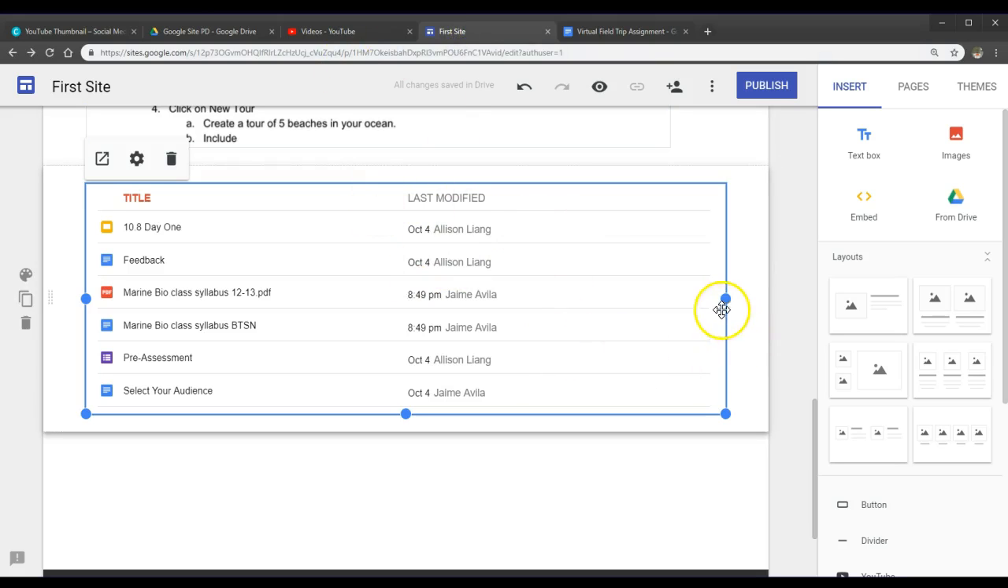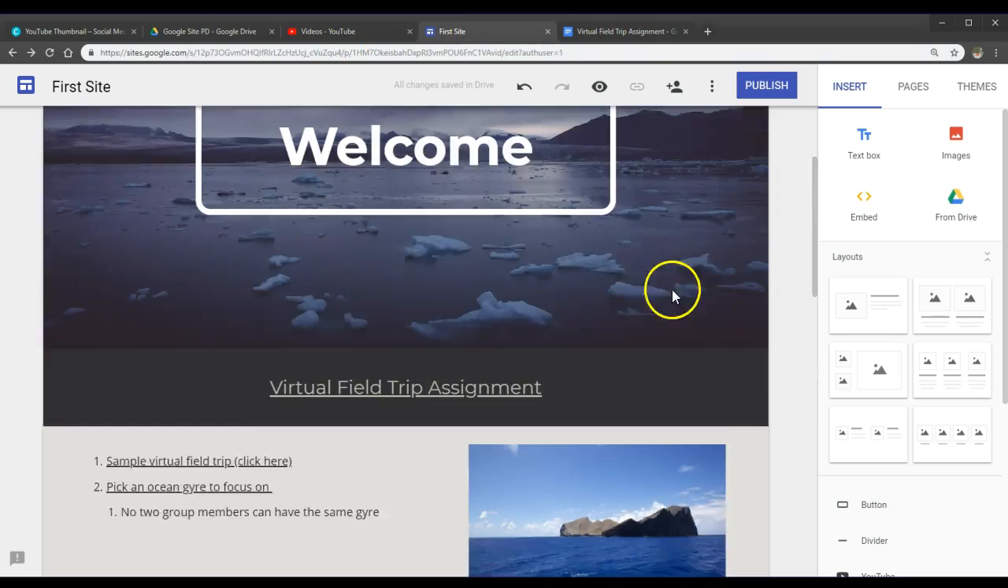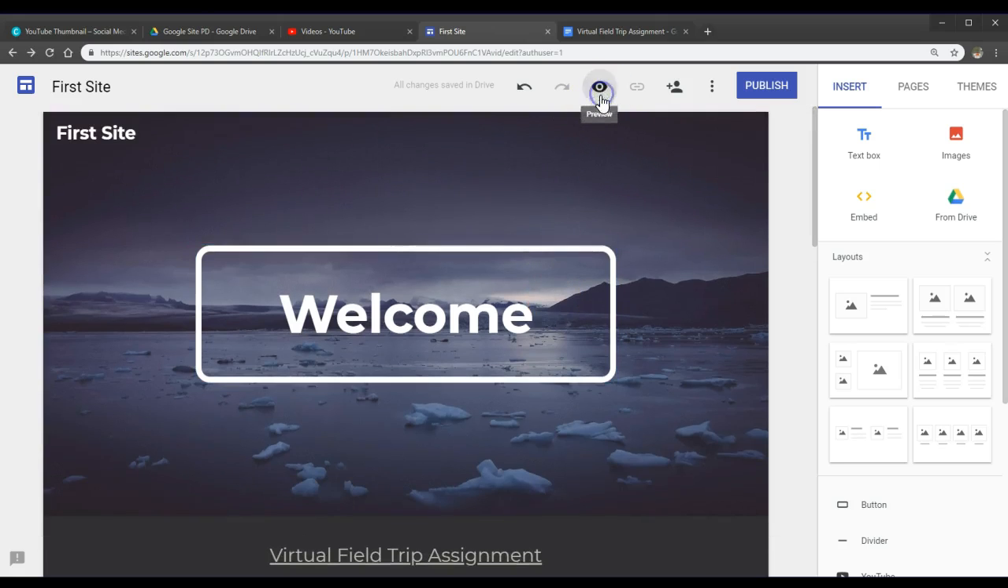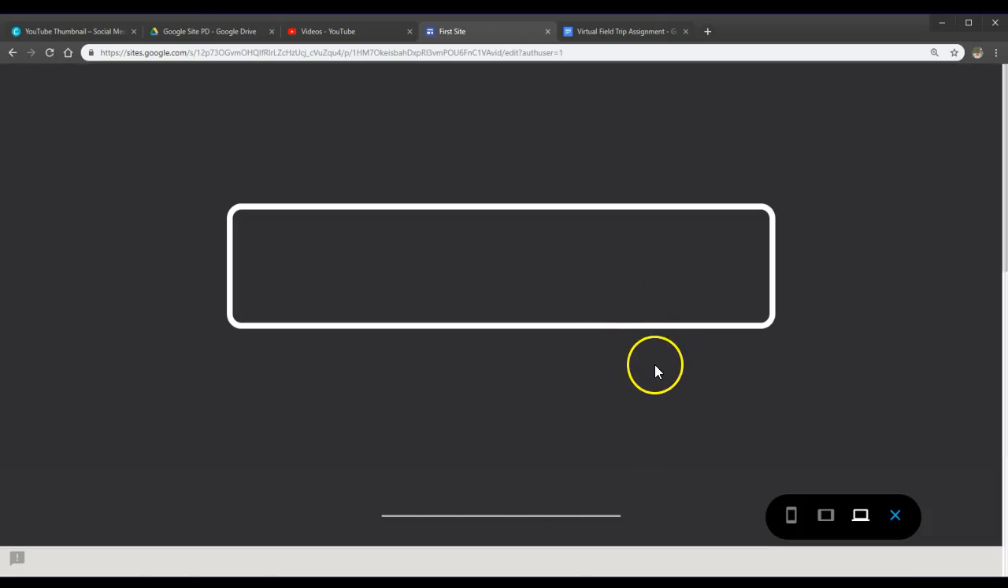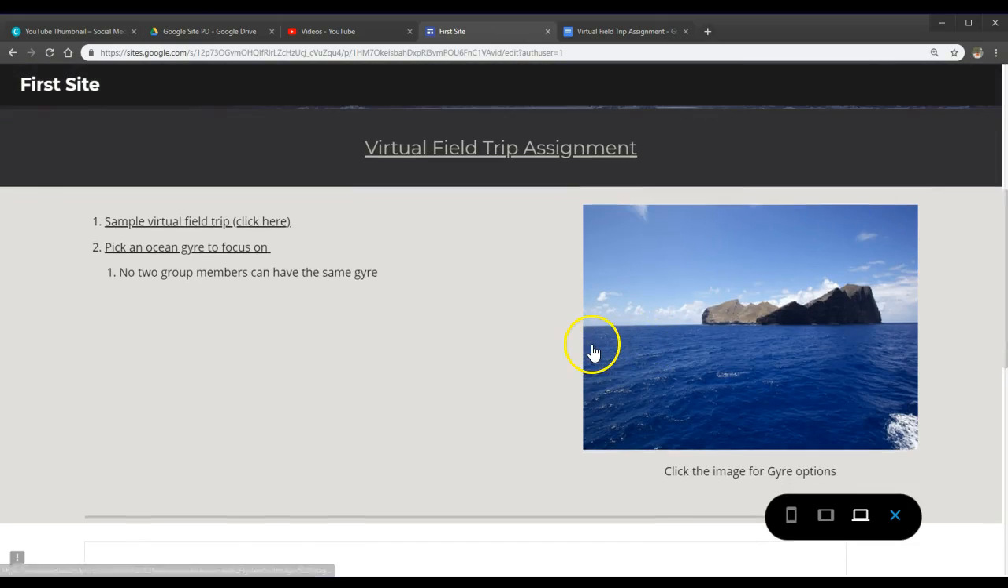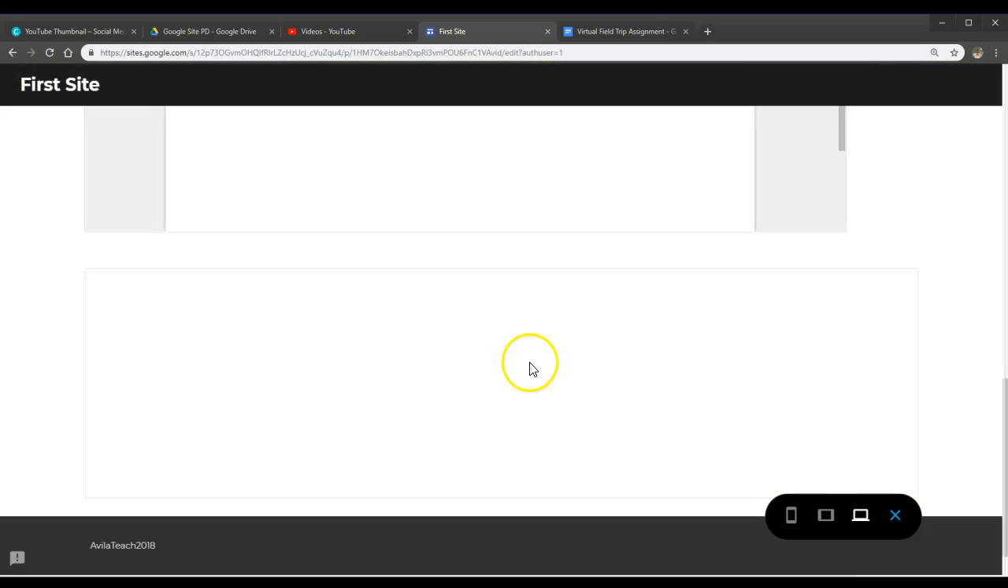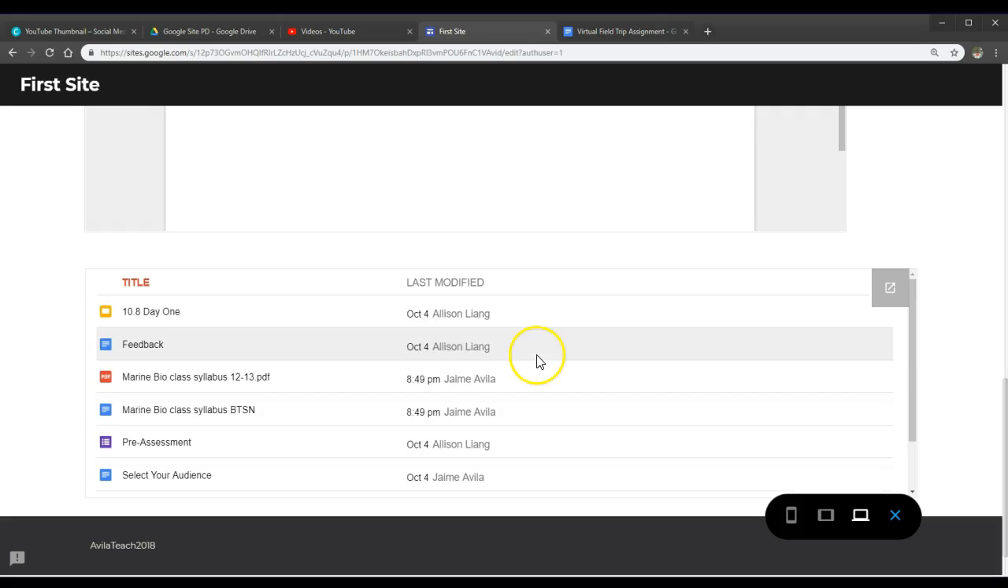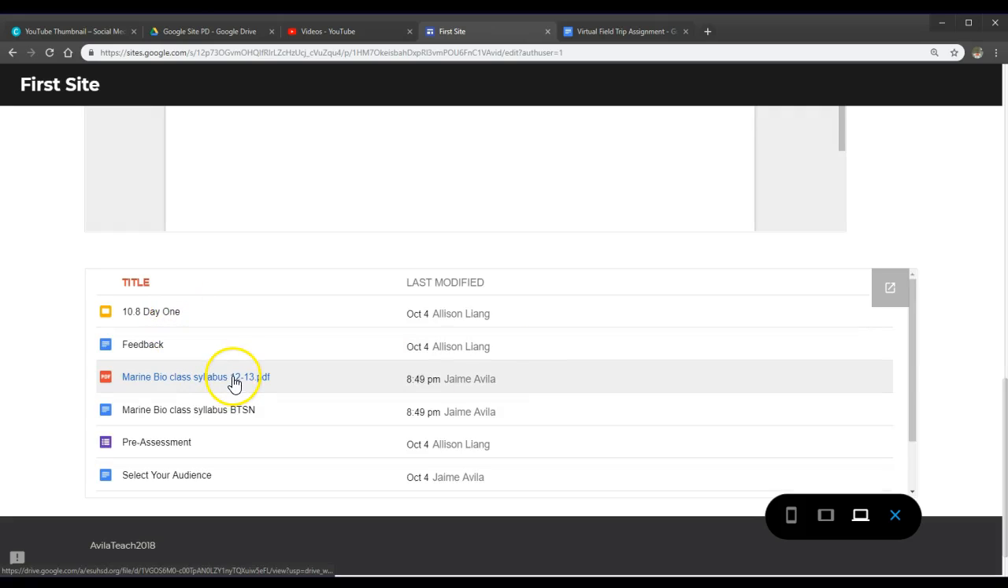And so for right now, I'm done with it. If I want to take a look at what it's looking like to students or whomever I'm sharing this with, I would just click the preview button. I would scroll down. And one of the nice things about adding in a Google folder is the ability to